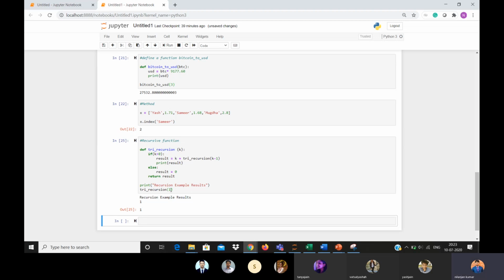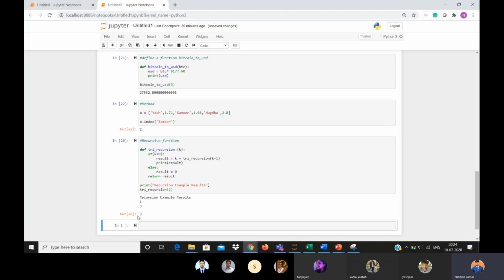Similarly, if we are giving it 2, what was try recursion value 1? It was 1. So now if we are giving try recursion value as 2, k is 2, and 2 is greater than 0, yes. So k will be 2 and try recursion value will be 1. So 1 plus 2 is 3.